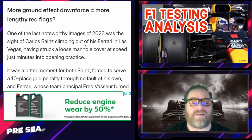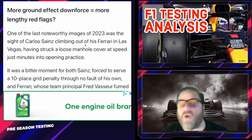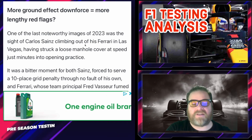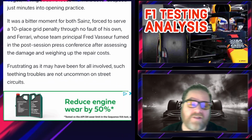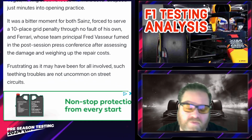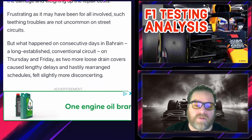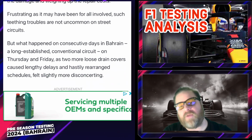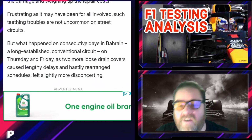Well, we got more ground effect equals more lengthy red flags. Okay, not a positive. But it says one of the noteworthy images was that Las Vegas Carlos Sainz drain thing. It was a bitter moment for Sainz, forced to serve that 10-place grid penalty, which was grossly unfair. And frustrating as it may be for all involved, such teething troubles are not uncommon. But as we saw in Bahrain, this could be a theme, and a theme we really very much want to avoid,